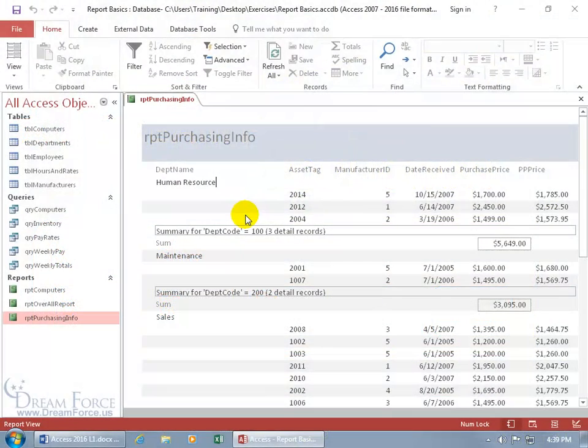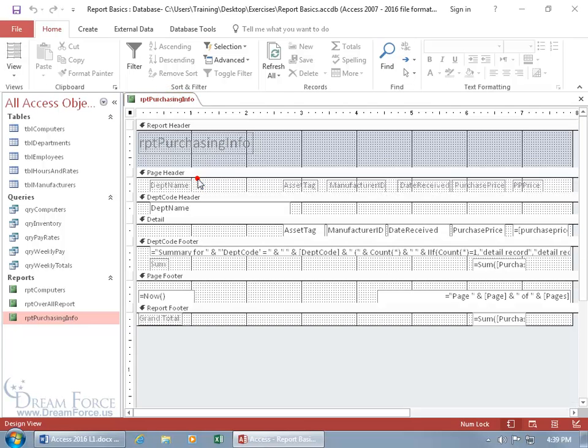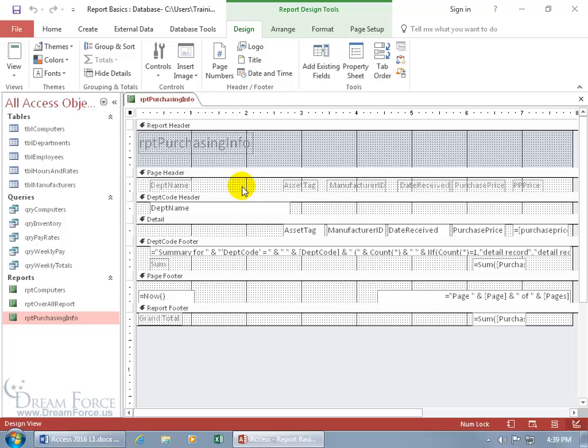There are a couple ways you can go about inserting images into your report. To do that, let's go to the Design View by right-clicking on the tab, Design View. As you recall in an earlier training video, the Design View has these bars known as sections. It's important that we know this because when it comes to inserting our labels, text boxes, images, whatever, depending upon which section we put it in, it tells us where on the report it's going to appear and how